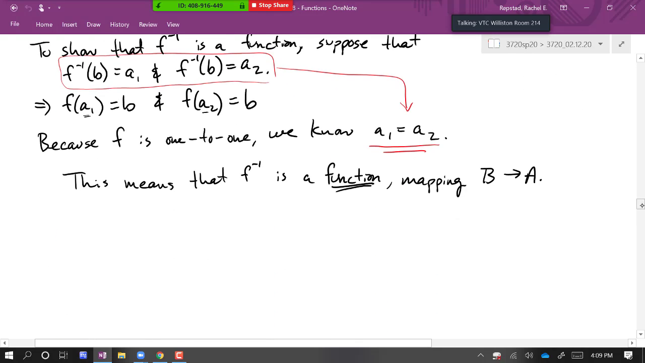Let's see. So item 2. We're going to show F inverse is 1 to 1. We're going to take the same approach that we usually take if we're showing that a function is 1 to 1. We're going to suppose we have a couple inputs that map to the same output, and then show that those inputs must have been the same in the first place. So F inverse maps from B to A. So I'm going to suppose